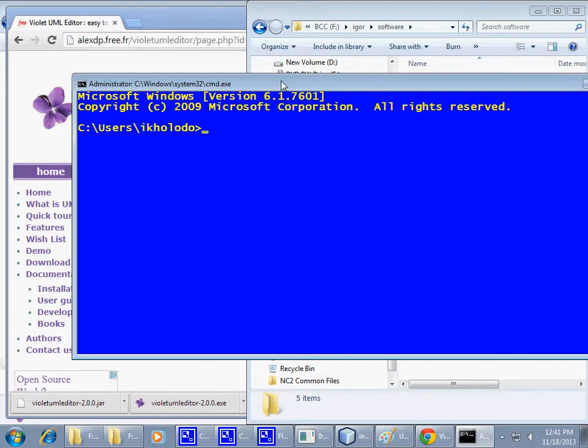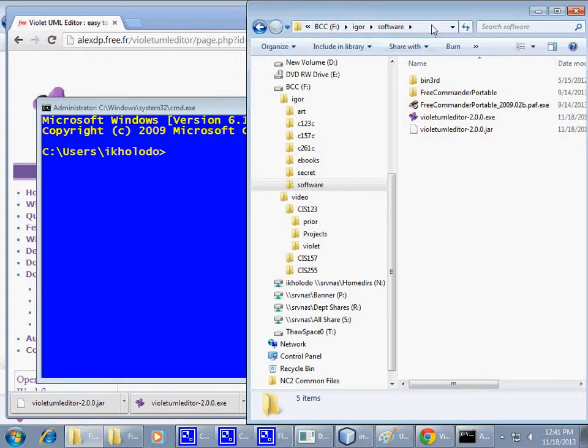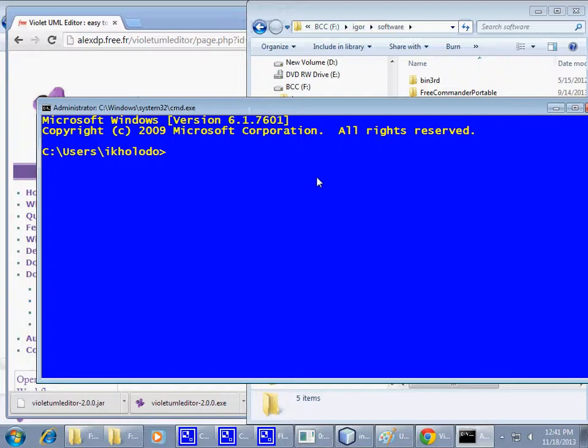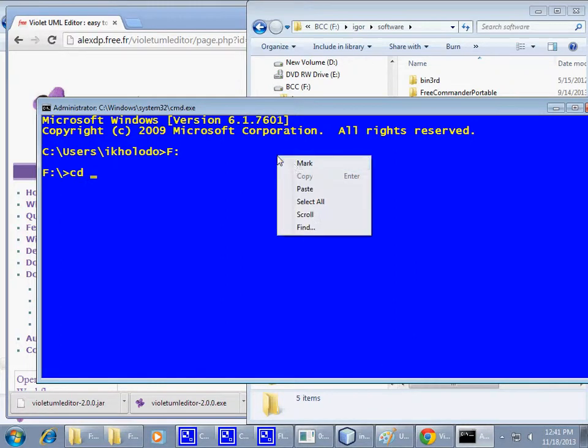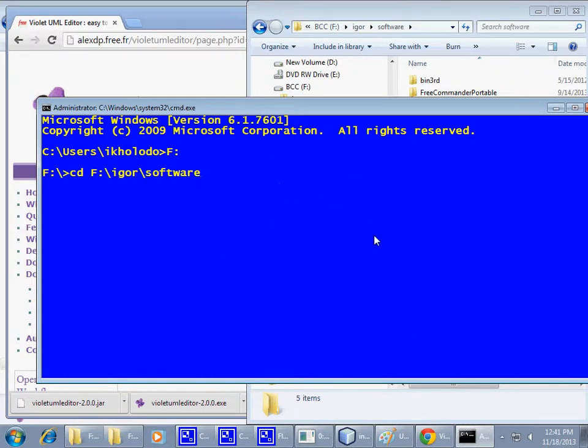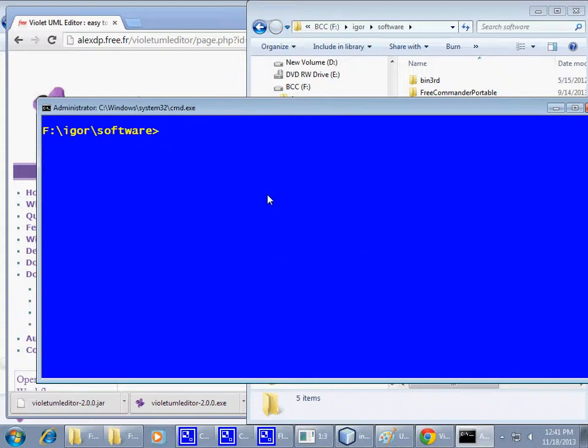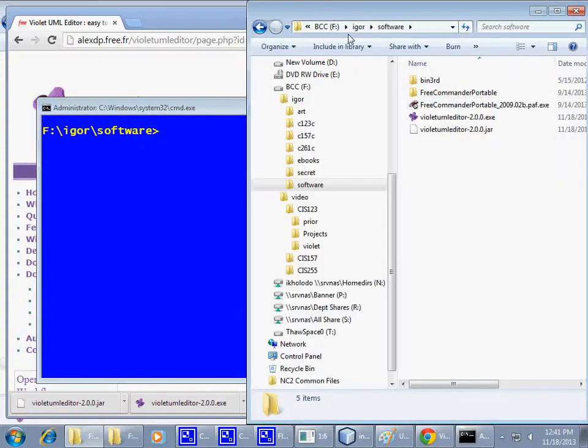Okay, and I'll switch to where I am trying to use this. So this is on F drive, and we can say CD, CD something like that. So now if I locate my